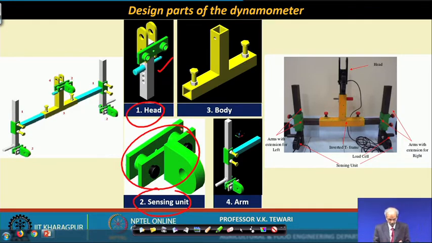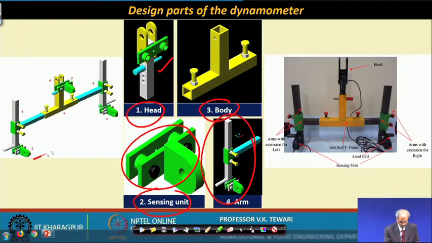Now, you can see the third is the body. Now, this is the body of this. So, you can see these parts and components which are essential, and then fourth is the arm. Now, this is the arm over here. So, these are the ones which are connected. So, the head, the sensing unit, the body and the arm. Now, these are the different parts of the dynamometer which we have done at IIT Kharagpur, and this is the